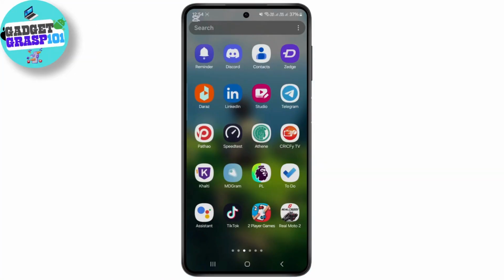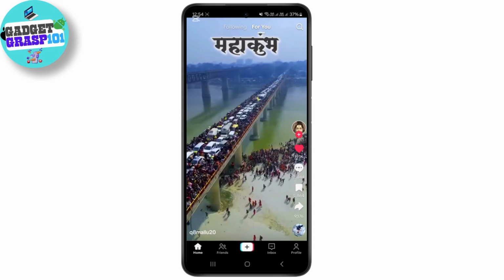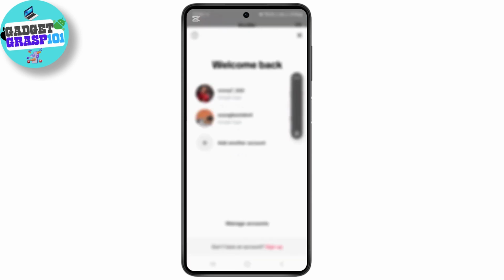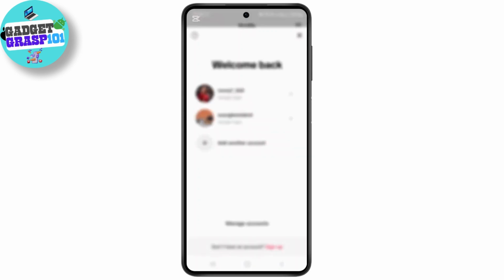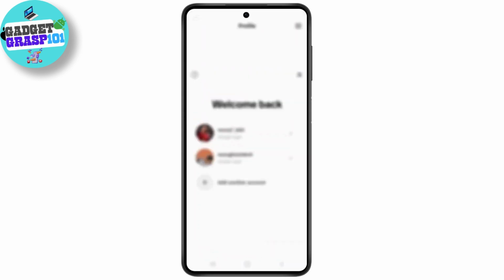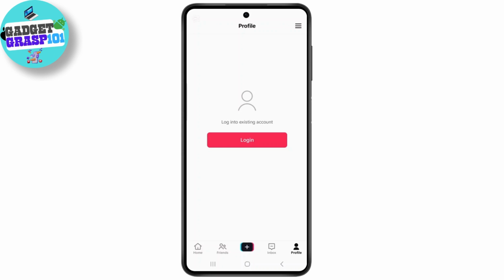In this video I'll be showing you how you can easily fix your TikTok login problem with Facebook. If you have been using your TikTok with your Facebook and you are facing a problem, let's say you have re-downloaded or reinstalled your TikTok application, and when you try to log in with your Facebook you encounter any problem related to login with your Facebook, so what you can do is, in that case, just make